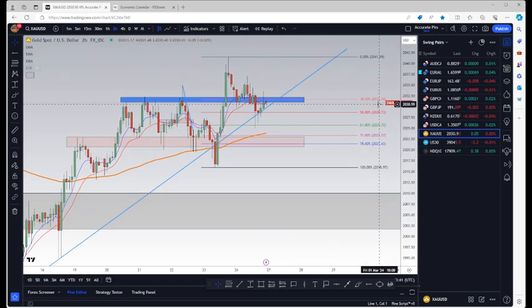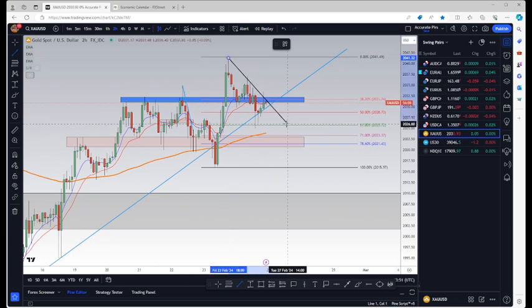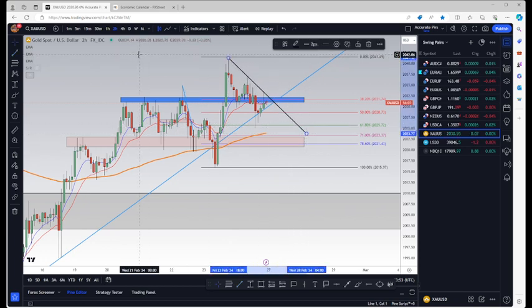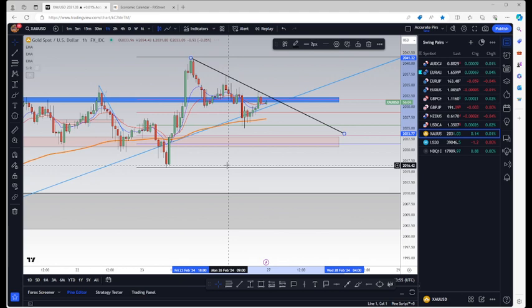But yeah, I only would be looking for buy trades. The only problem is where to get in on gold. I feel like we've missed the move already on gold. So I would have got in from here. You can actually still get in from here if you wanted to, but you are risking a lot of pips. Some people like to leave it and let their trades breathe, but for me,